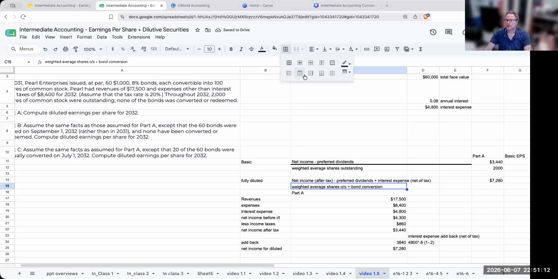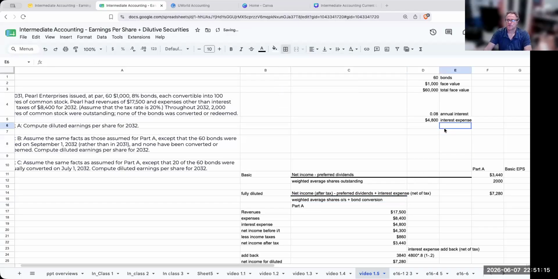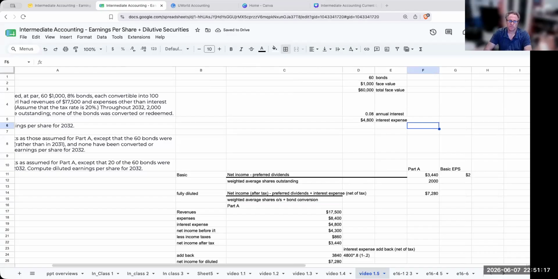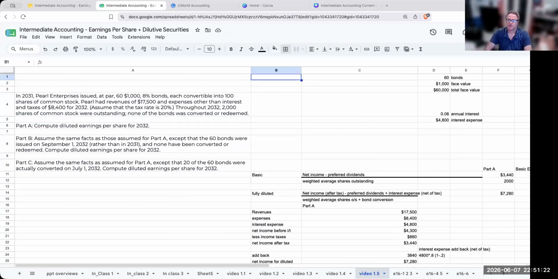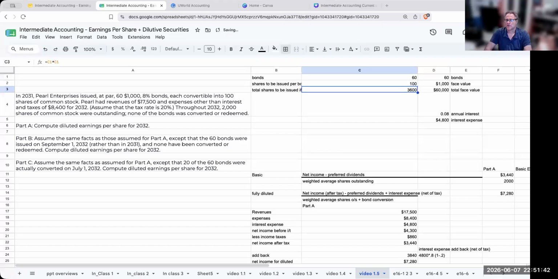Okay, for this one here, in terms of this bond, how are these convertible? Well, each bond is convertible into 100 shares. So over here, my bonds, shares to be issued per bond. So the total shares to be issued, if converted, is going to basically be,